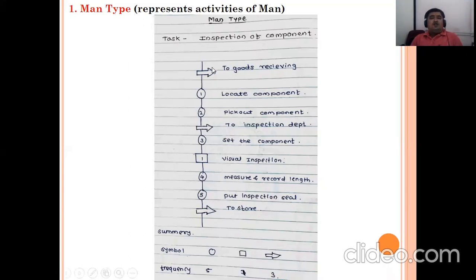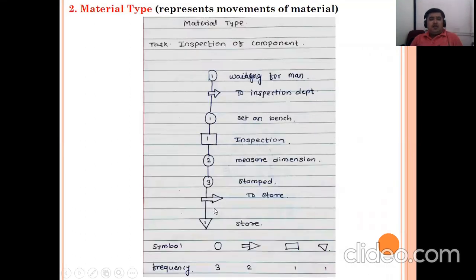Is it right? The start of the day to the end of the day process chart may become too long. So here we have taken the example of one component, making inspection of that component, and how this flow chart works. This is the simple example.